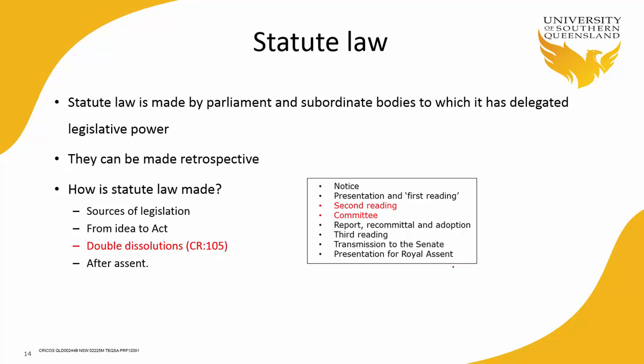Alright, now there's a point that I want to just talk about briefly, which is the idea of double dissolutions. That starts on page 101 of your textbook. So on page 101, it gives you an example of what would happen that leads to double dissolution. If there's disagreement between the two houses at the federal level, so the House of Representatives and the Senate,